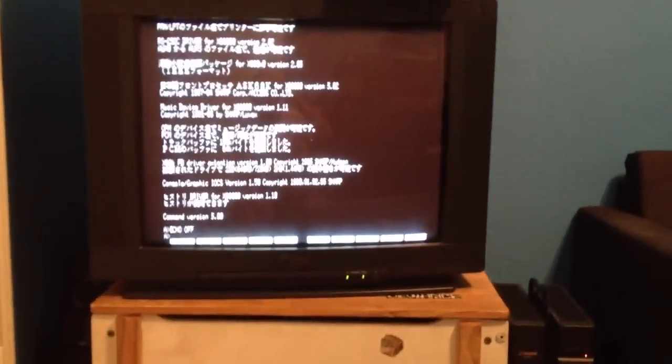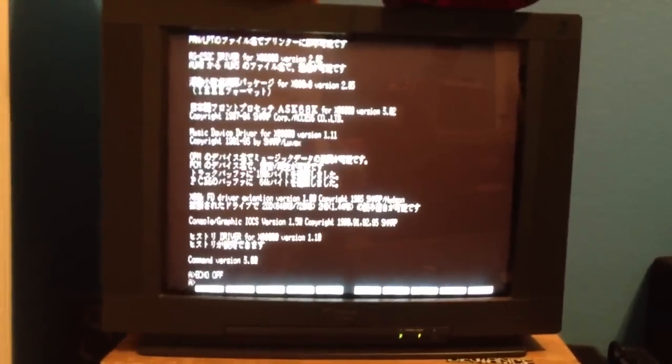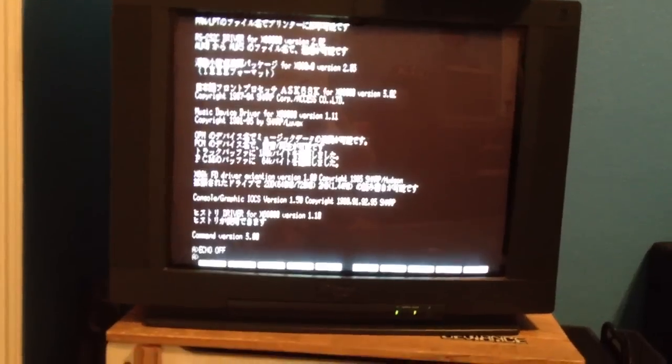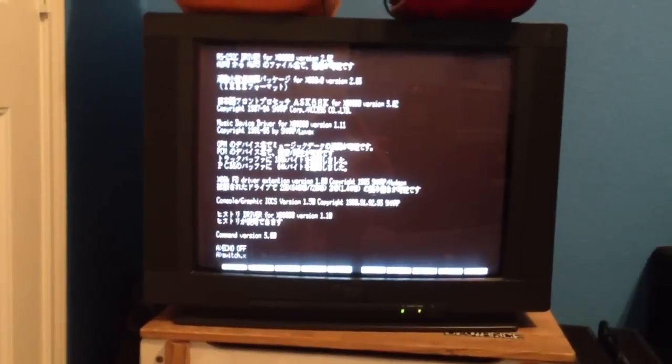Alright, so we're at the command prompt, and this is what it looks like. This is basically the command line operating system for the 68,000. Not very much going on here, not very exciting. The command that we need to run is switch.x, and .x is sort of like the exe in the Windows world. It is the executable extension. So we'll run switch.x,